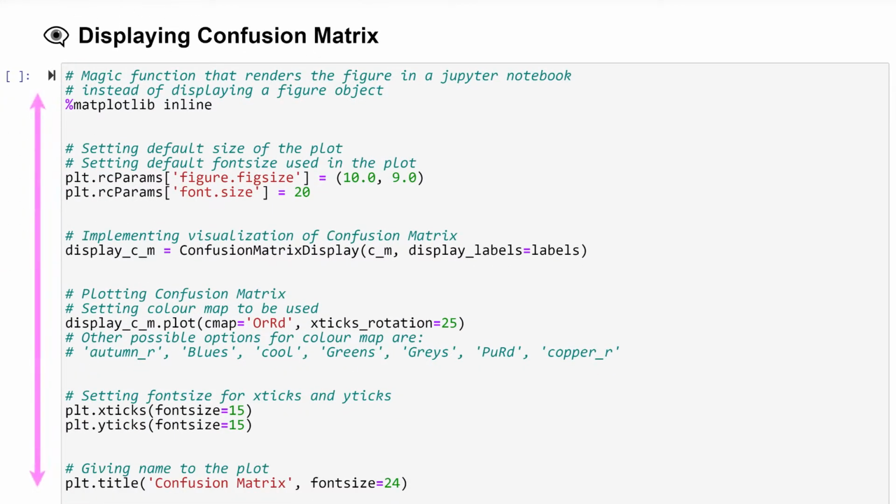In this cell, we display the confusion matrix by this function of the scikit-learn library. We pass as an argument the NumPy array of the computed confusion matrix from the cell above and specify labels to be shown instead of class numbers. The result we return into a new variable that is the object of the plot. By applying the method plot to the object that holds our confusion matrix, we set the color map and the rotation angle to